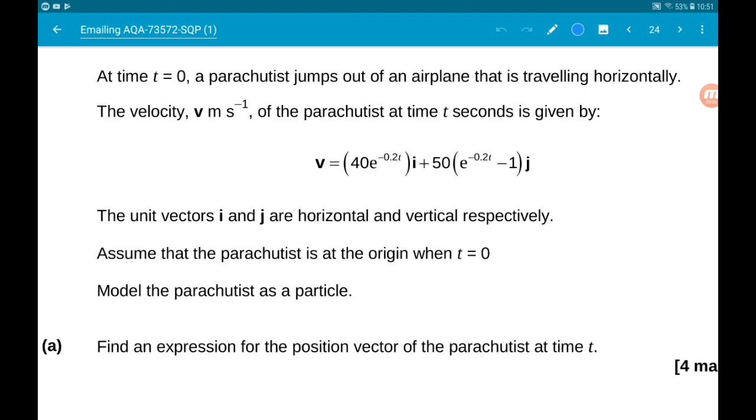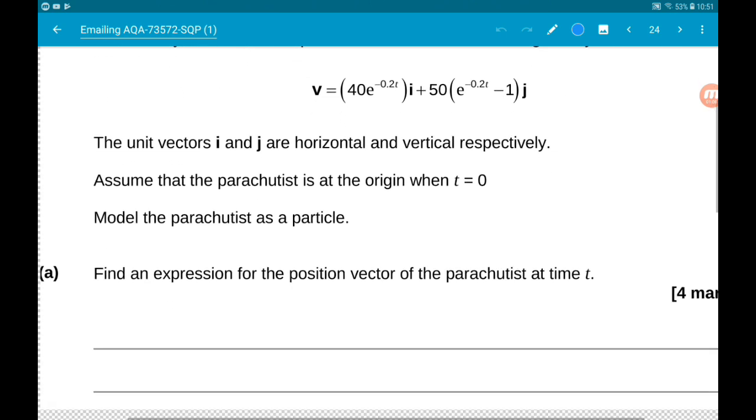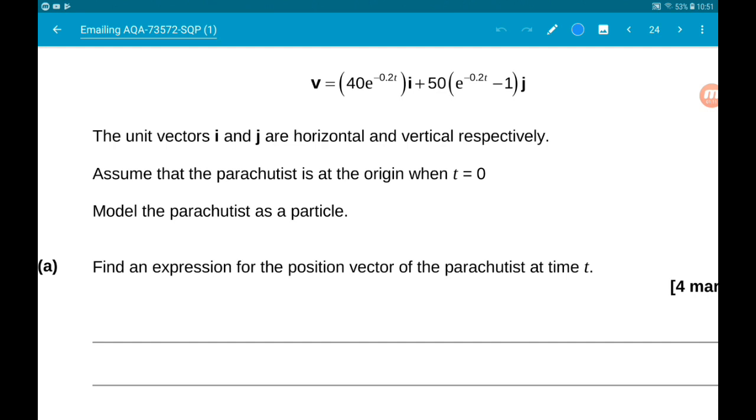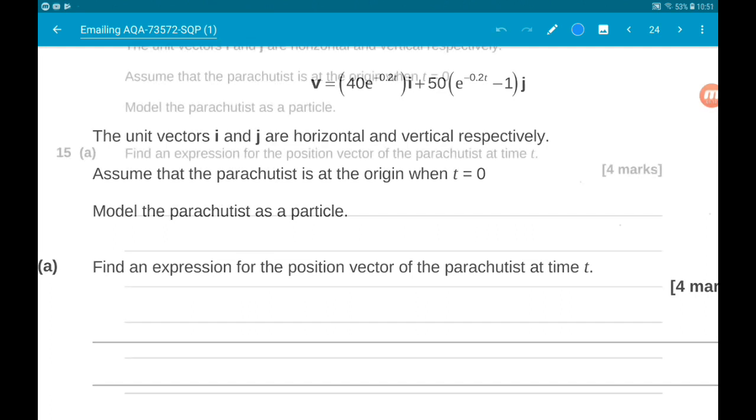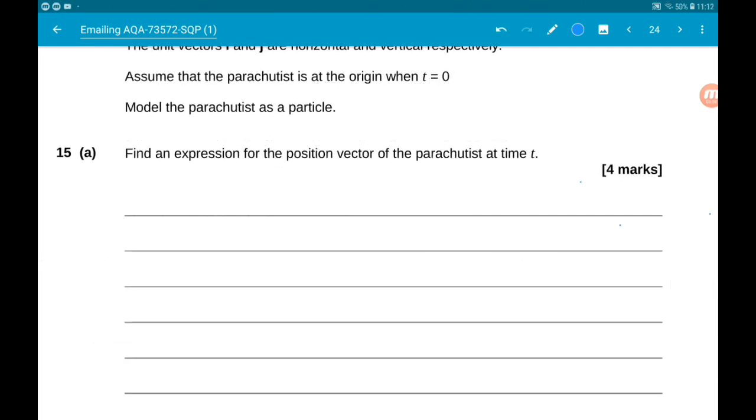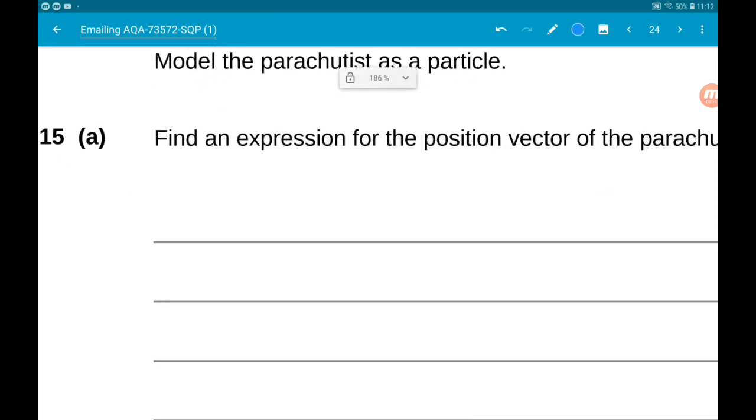Assume that the parachutist is at the origin when t is equal to 0. Model the parachutist as a particle, and part A wants us to find an expression for the position vector of the parachutist at time t. Okay, so the position vector describes our displacement from the origin after a certain time. Displacement is the integral of velocity. So, our position vector r